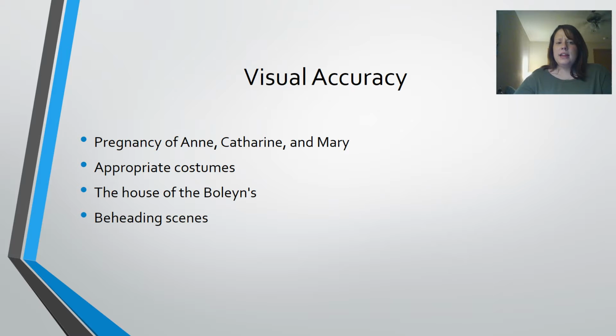And also the beheading scene, kind of graphic, you could see after Anne got beheaded, when they did the overhead panning of the scene, you could see the blood on the ground, and you could also see her head was detached from the body, and it was kind of laying to the side. So that does wonders for the visual accuracy. It's kind of graphic, but it just shows that this really happened and reinforces to the viewer that Anne is dead. She got beheaded.